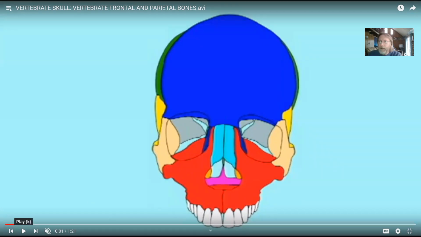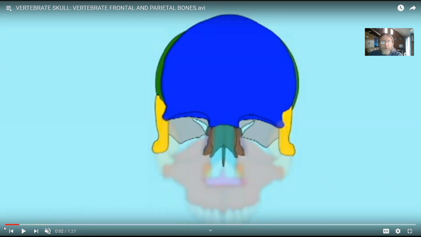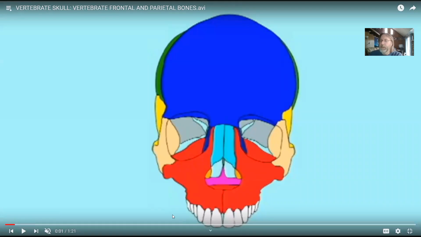So this is going to be an overview focusing on the history of it, and there can be other presentations of the vertebrate skull with different focuses, and I'll have a couple of other lectures later if that's something that you desire. So the first thing we do when we talk about the skull is we split it